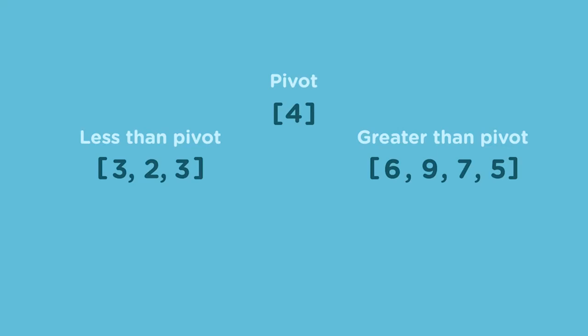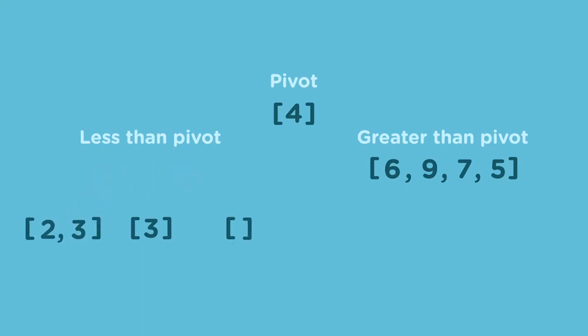For our first sublist, we take the first item as the pivot again. That's 3. We break the sublist into 2 sublists, one with everything less than the pivot, and one with everything greater than the pivot. Notice that there's a value equal to the pivot that gets put into the less than sublist. Our finished quicksort function is actually going to put everything that's less than or equal to the pivot in